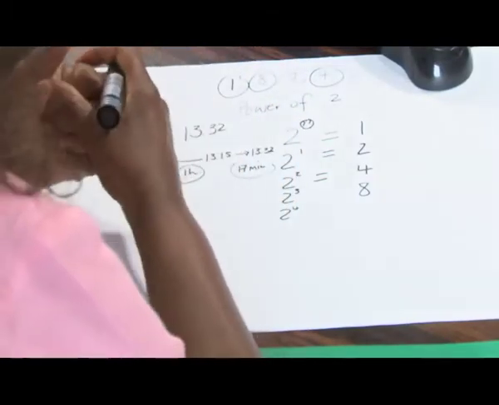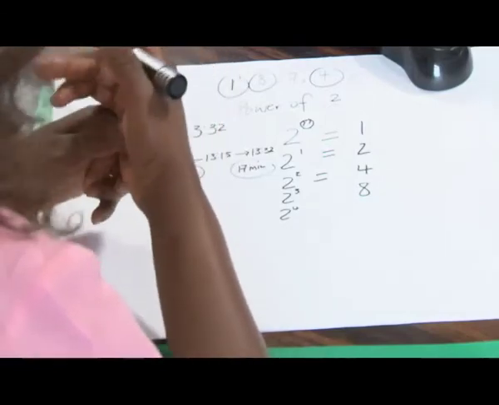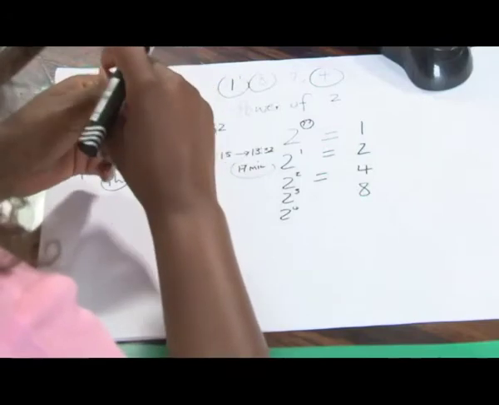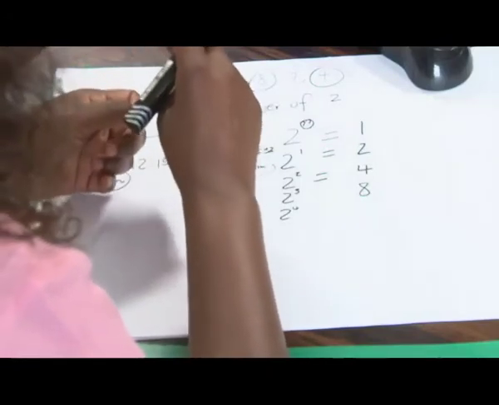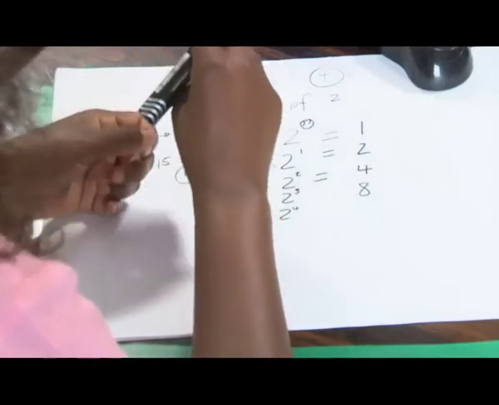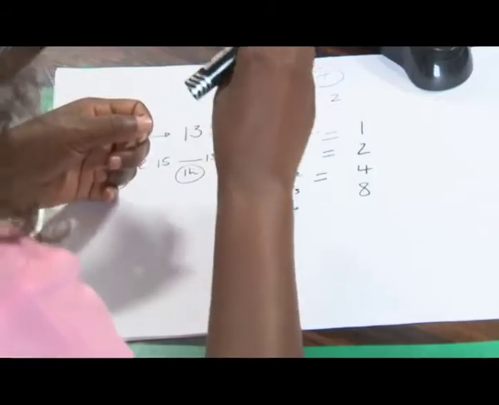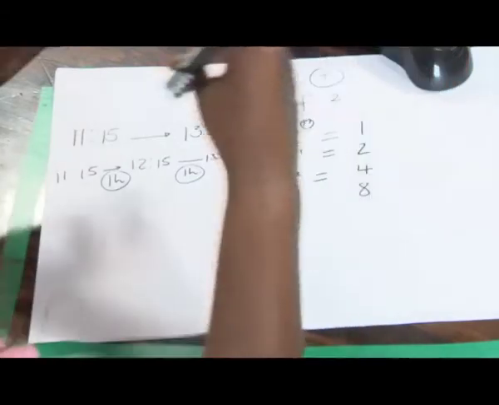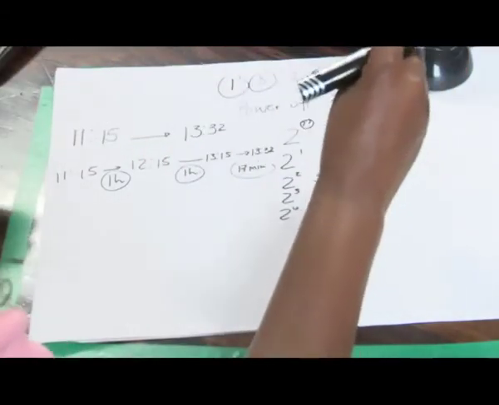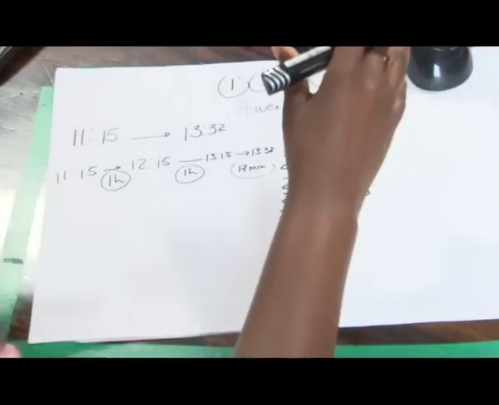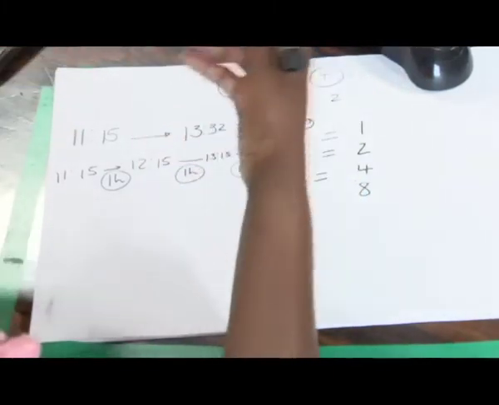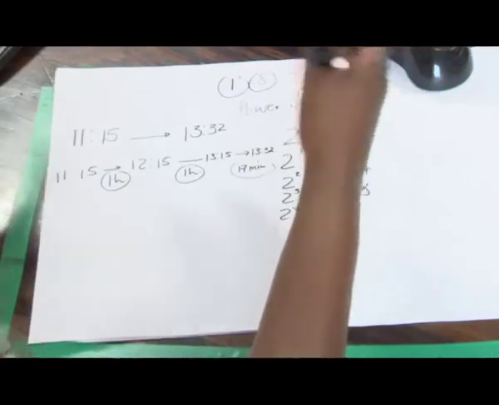Then number 5. On May 1st, the sun rose at 5:05 a.m. and set at 7:45 p.m. How long could the sun be seen? Again, this one, how long, that is time duration. We're talking about the duration between the starting time and the finishing time. Now if you work it out, this is quite long.